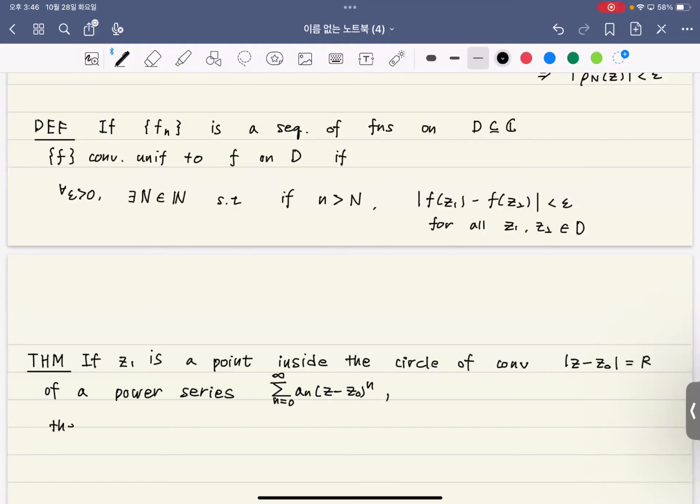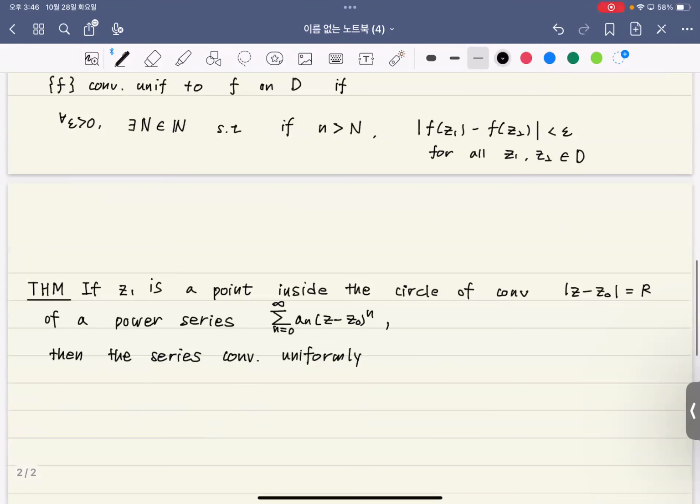Then the series converges uniformly. If you want to discuss uniform convergence, you must be clear about the common domain of this sequence of functions. In this case, the common domain is